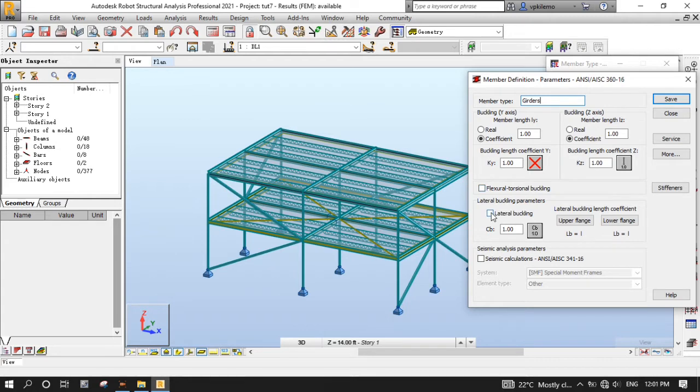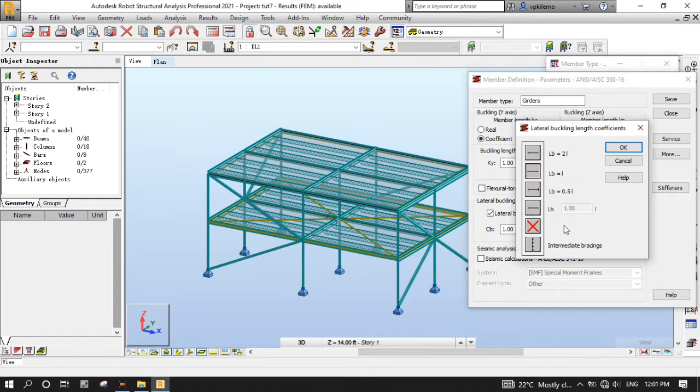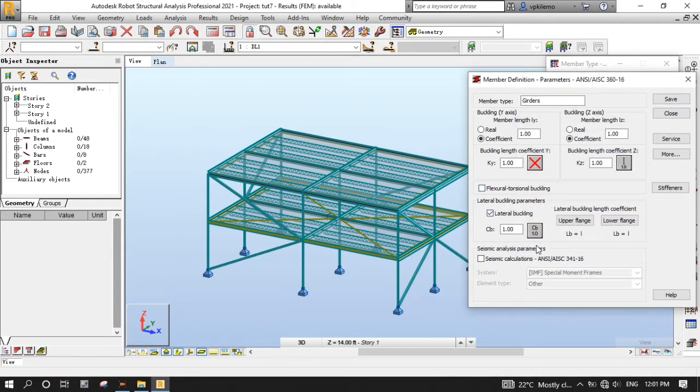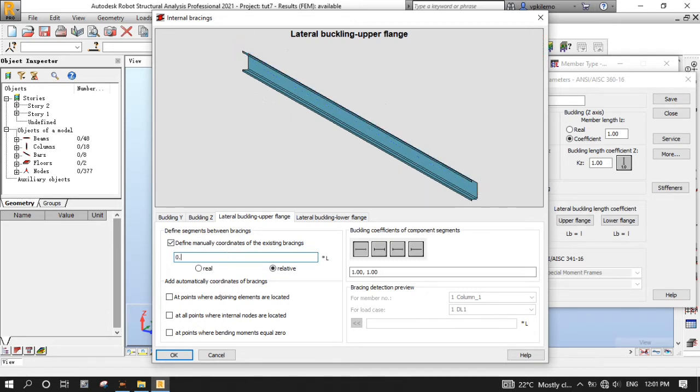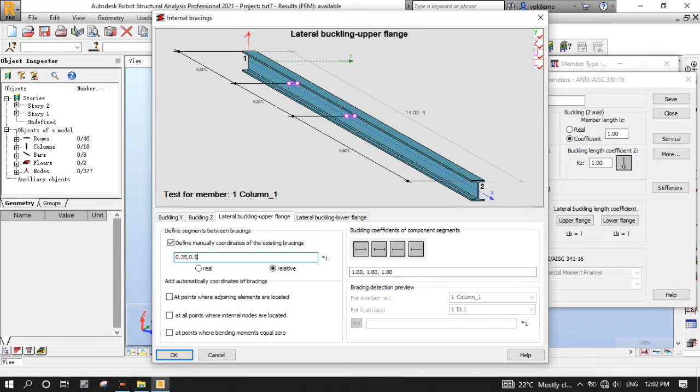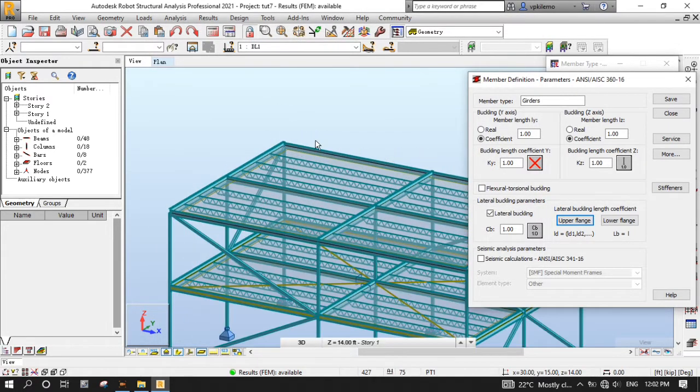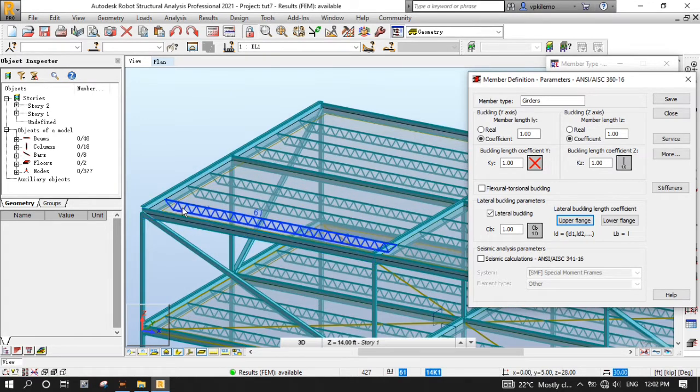Tick the lateral backlink box, then click the upper flange tab, and then the intermediate bracings to open the internal bracing dialog box. Tick Define manually coordinates of the existing bracings and put the following numbers as shown on the screen. These are places where the joist will be connected to the girders. Click OK. Now you can see those connection points between joist and girders where joists can act as internal bracings